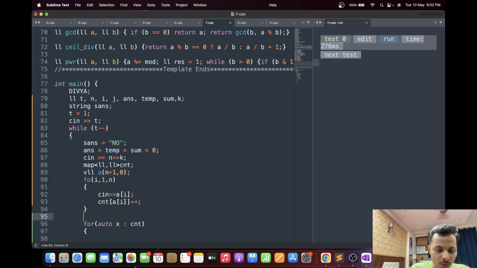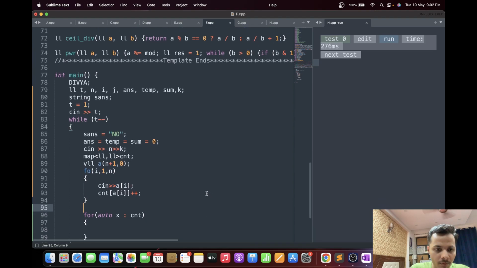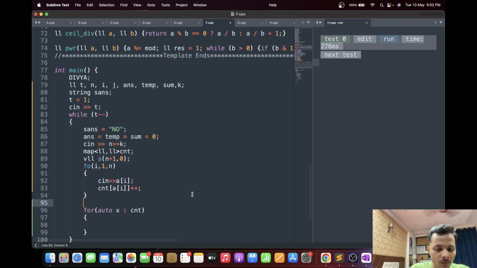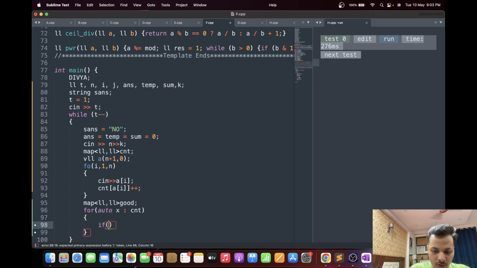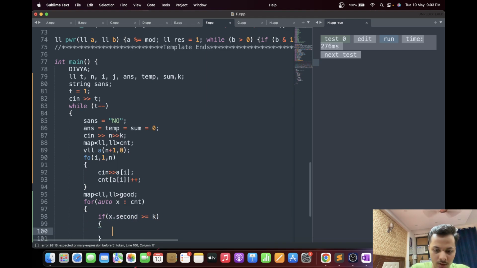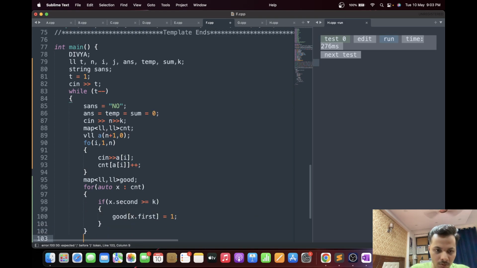So then what we'll do is we'll have something like this. So if x dot second is greater than or equal to k, then we'll have good of x dot first equal to 1. Okay.